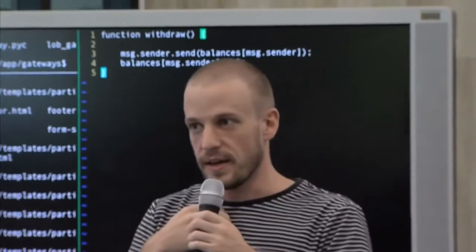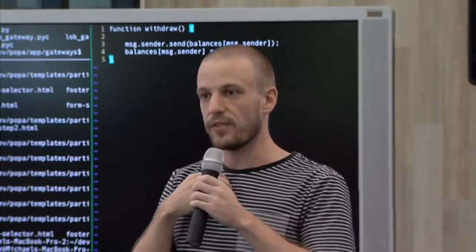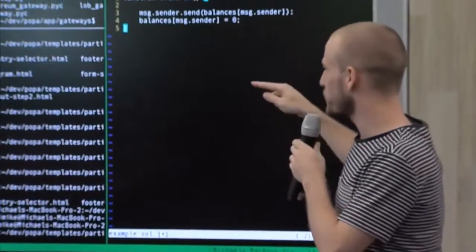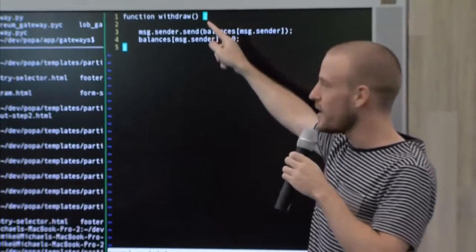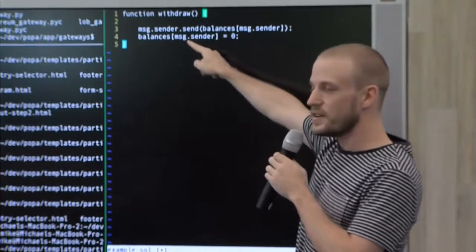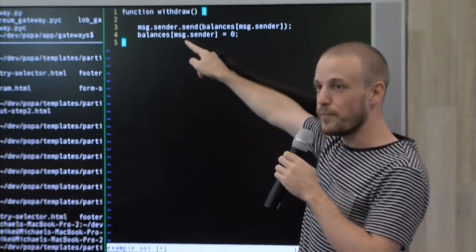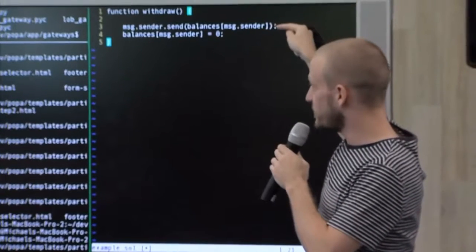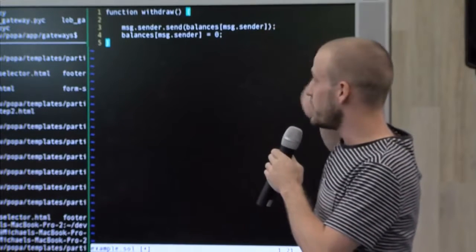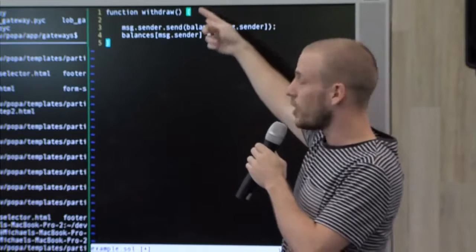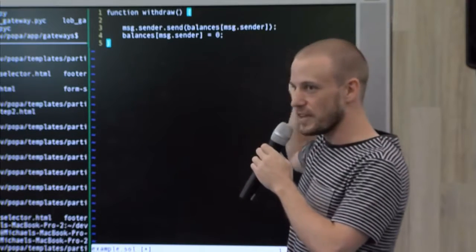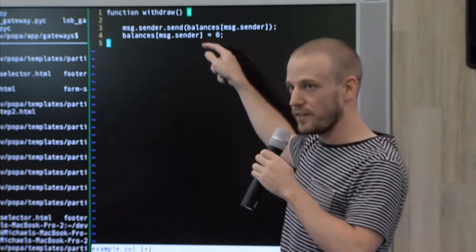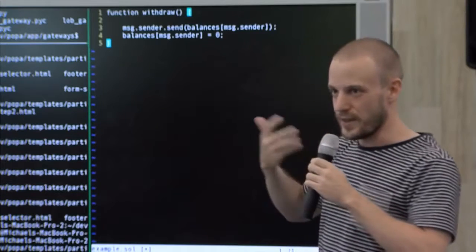That ether hits my account, and what the hacker had figured out, they wrote into their account a fallback function, which just recursively called the withdraw function again. Now notice, in the DAO, they didn't update this person's balance until after they had already sent the ether. So line 3 gets executed, the ether is sent to the recipient, they recursively call withdraw, and they are able to just keep withdrawing ether infinitely until the contract is empty. Line 4 here, the one that resets their balance, actually never gets executed because they use their fallback function in a clever way.